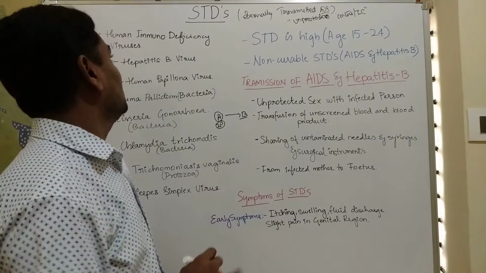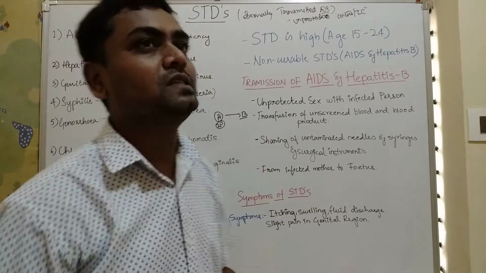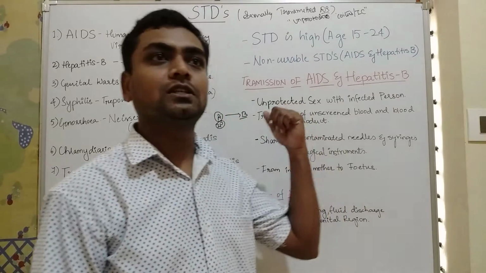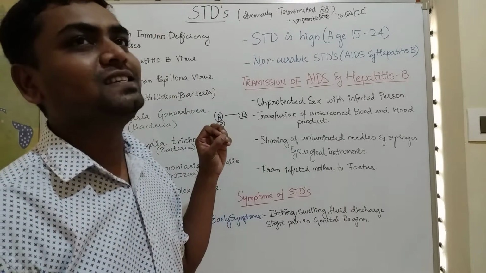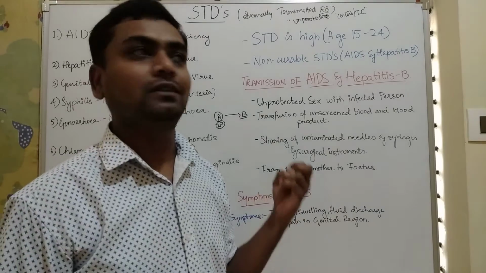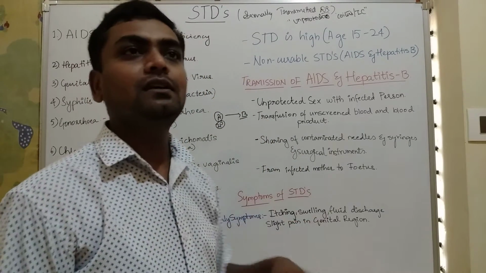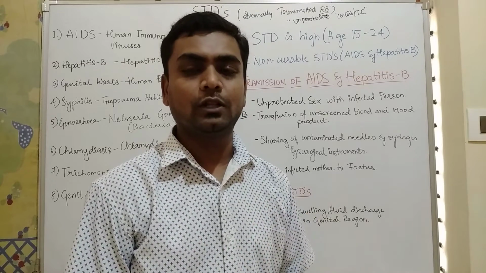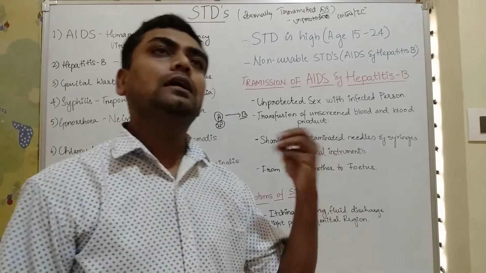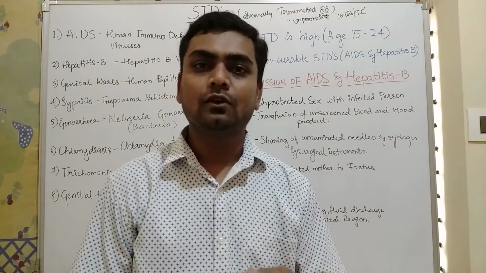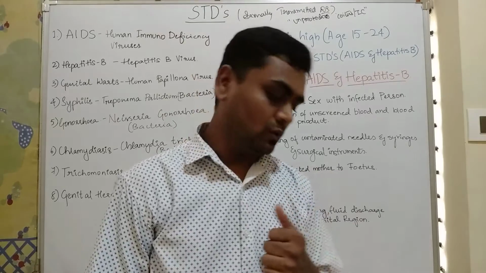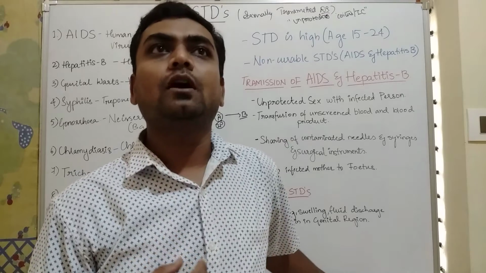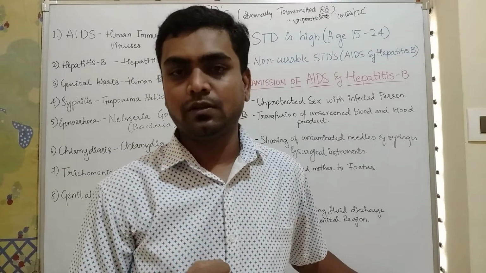Now coming to the point, this kind of diseases was already discussed in the Human Health and Disease chapter. Now I am discussing because some of the diseases are given in reproductive health. These are diseases with respect to urinary tract infection, penis infection, or vaginal infection. These infections initially take place when you do unprotected intercourse. Some of the diseases we'll see, because this kind of diseases are mainly seen in or affect sexual workers.